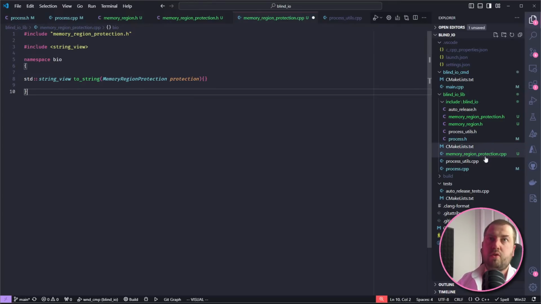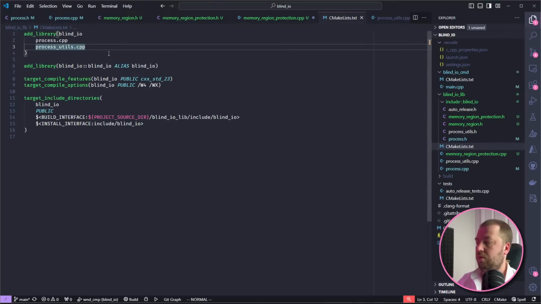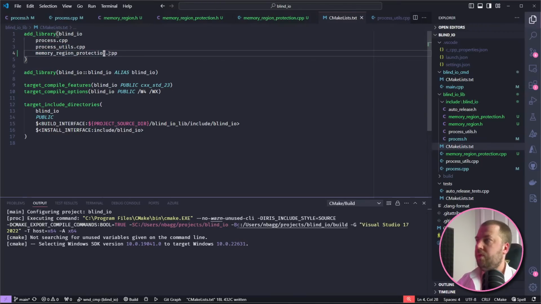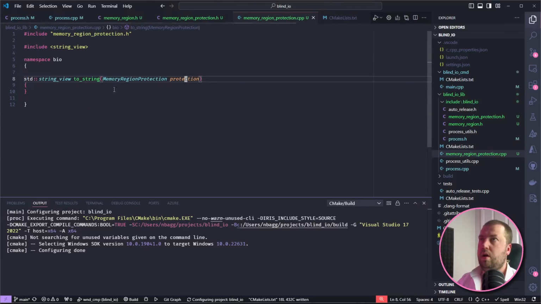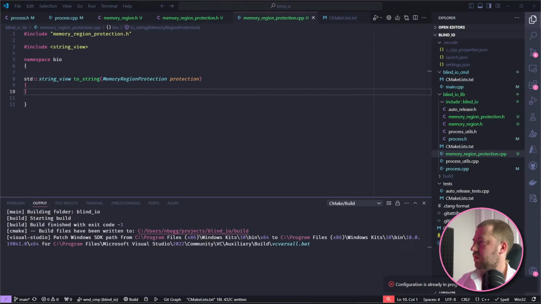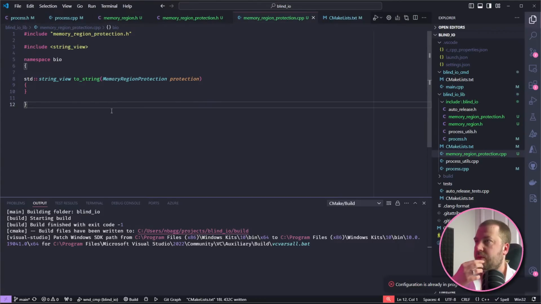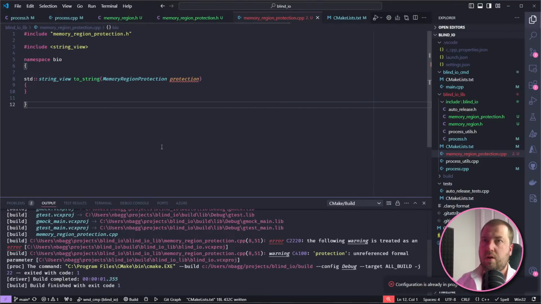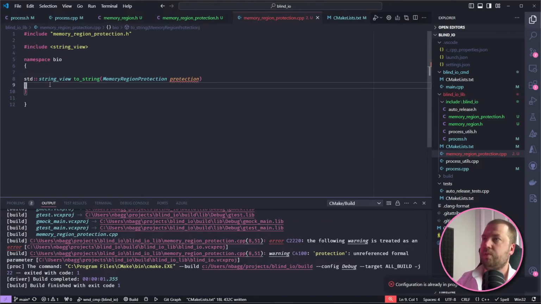And then let's just make sure this all gets built. Memory region protection. Okay, let's just check that builds. Okay, again now. Sorry, it helps if I press the button. Okay, that's fine. We know it's on reference. We're going to use it now.